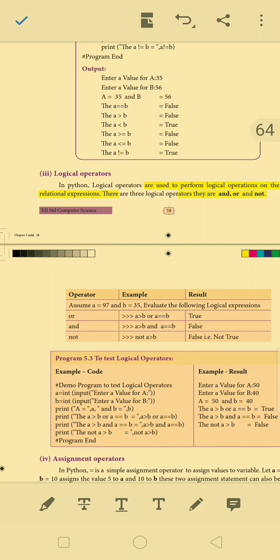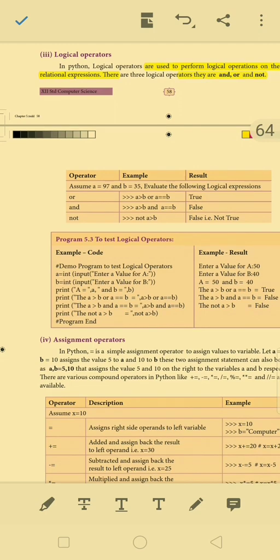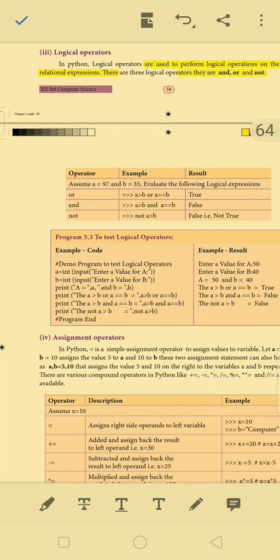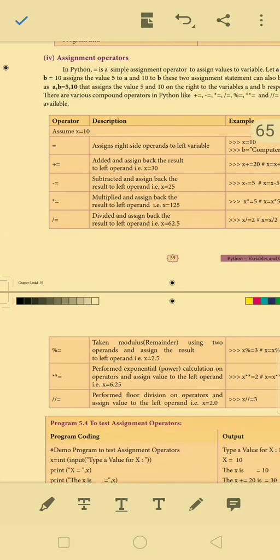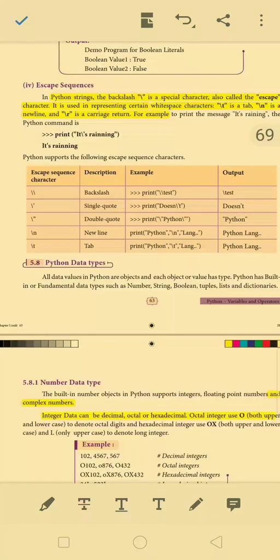For operator topics, just explain what is meant by operator and what are the different types of operator, and also explain in a single line for all the different types of the operators. That's all.